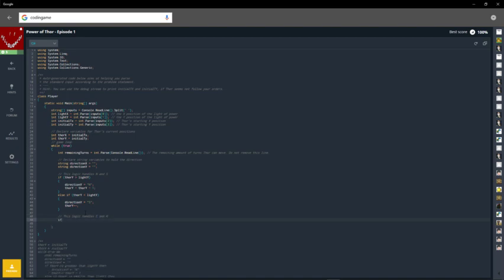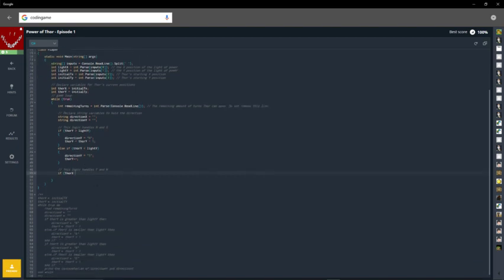So if Thor X is, again, it's nice having a plan, right? If you have a plan, you can just write everything out. You don't have to do any testing because you've already figured out what you're supposed to do. That's the point of having the plan, right? If Thor X is greater than light X,